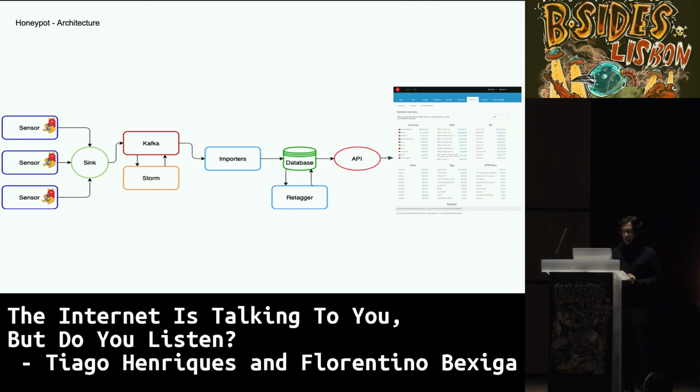Now, for the architecture, we try to keep things simple, but also fairly dynamic and scalable. So we have all these machines that we call sensors, really lightweight machines whose only job is to receive those events, those attempts of scanning. Those machines then send that data to a sink that sends it to our data processing